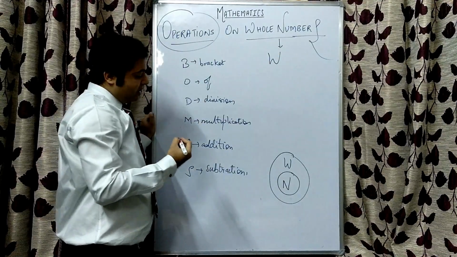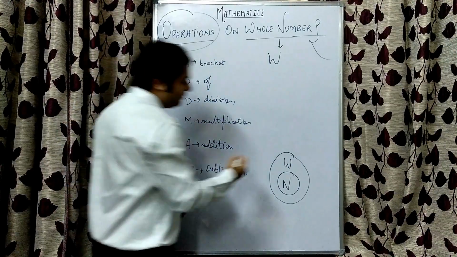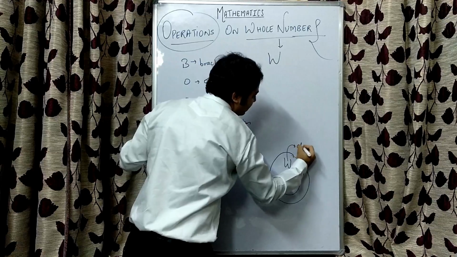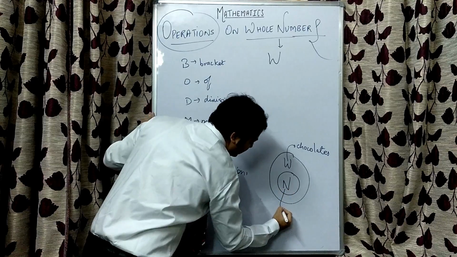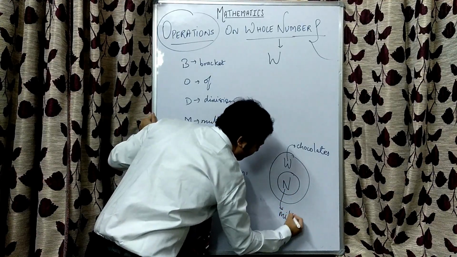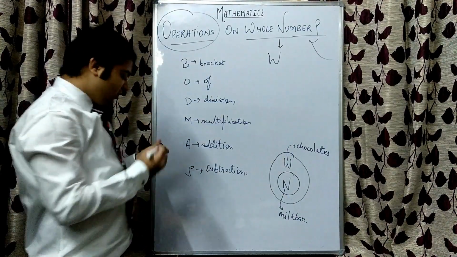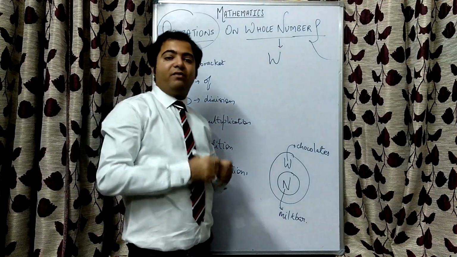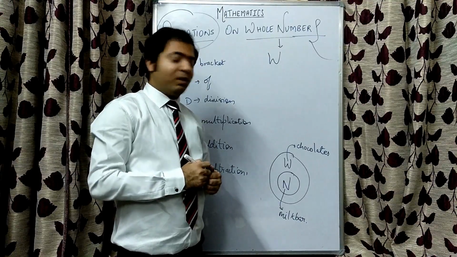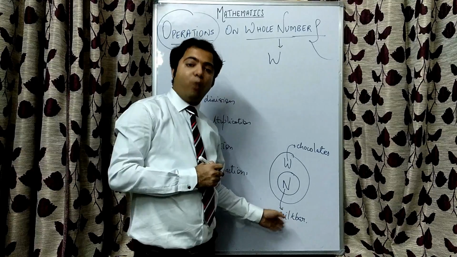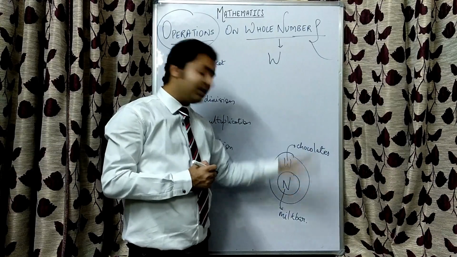Right? To understand the concept of natural numbers and whole numbers, let us assume that whole numbers are chocolates and natural numbers are Milky Bar. Right? We know that in the market different varieties of chocolates are present. And mostly the chocolates are brown in color. But Milky Bar is white in color. So this white color is making all the difference between the other chocolates and Milky Bar.